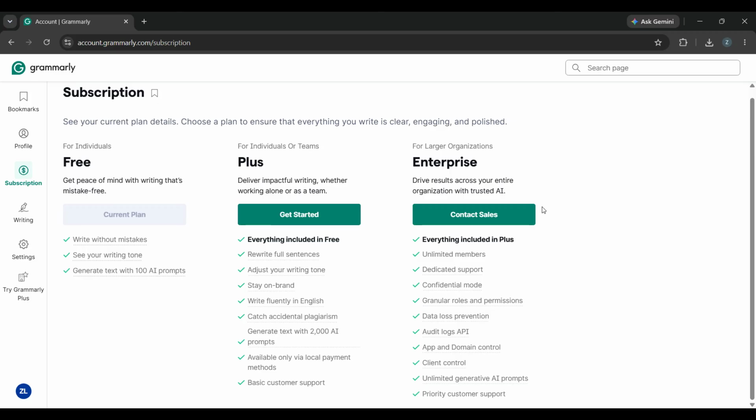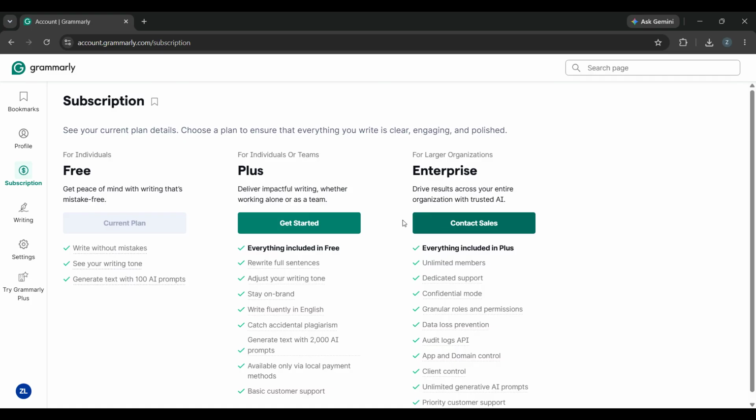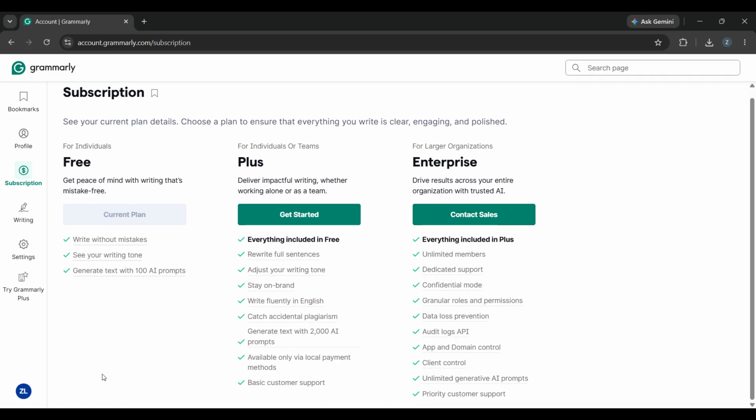Once you complete those steps, your Grammarly subscription should be successfully cancelled. It's always a good idea to double-check the subscription page afterward to make sure your plan no longer shows an active paid renewal. If you don't see the cancel option, that usually means you may be signed into a different account, or your plan may have been purchased through a third party like Apple or Google, which would need to be cancelled through that platform instead. So if the button isn't showing, that's the first thing I would check, and that's how to unsubscribe from Grammarly